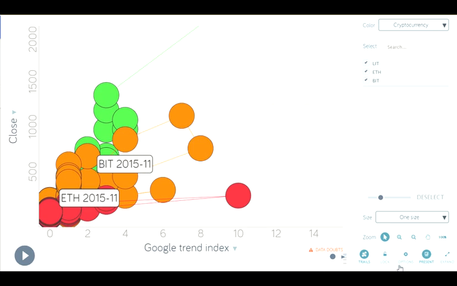So now it seems, at least to me, that there is a strong linear relationship between the Google Index and Ethereum. But interestingly, the price for the color, this is Litecoin, is actually going a little bit higher than Ethereum. And so based on this observation, I'm not quite sure who is number 2.